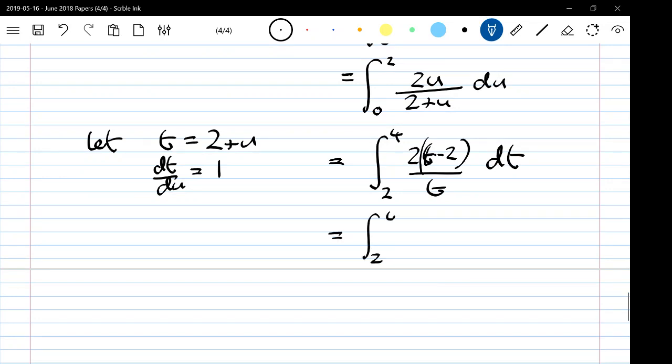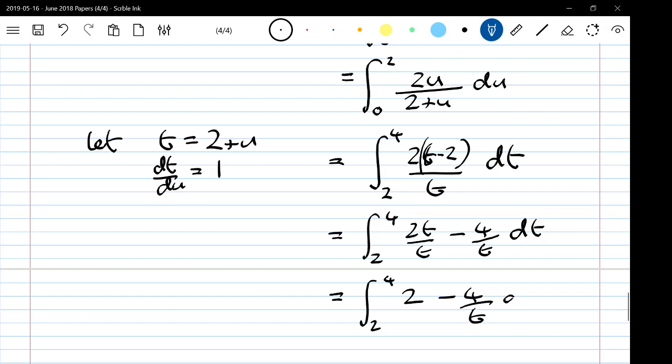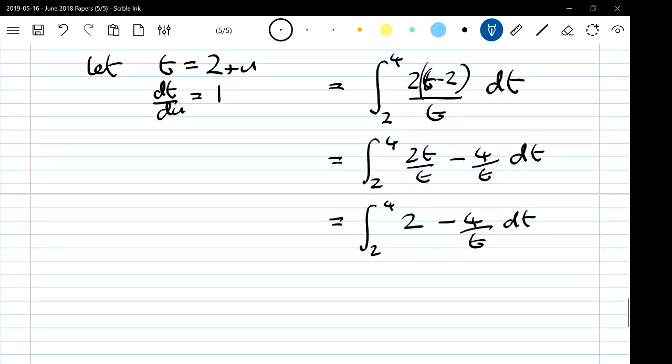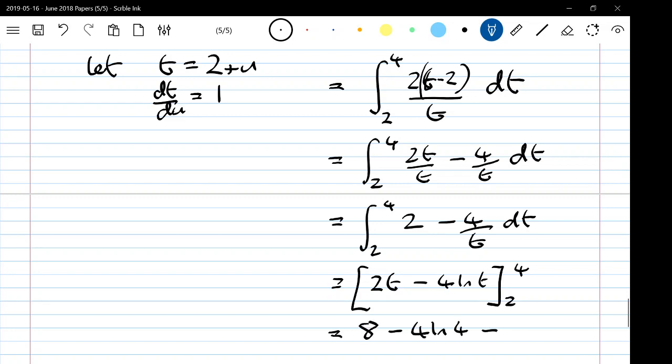So it's the integral from 2 to 4 of 2t over t minus 4 over t dt. If I split up that fraction, it's the integral from 2 to 4 of 2 take away 4 over t. If I do that integral, I get 2t minus 4 ln t between 2 and 4, which gives me 8 minus 4 ln 4, take away 4 plus 4 ln 2,